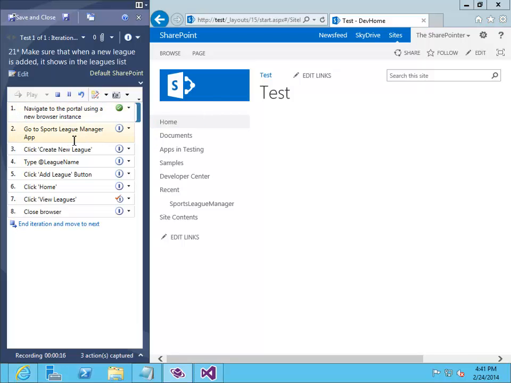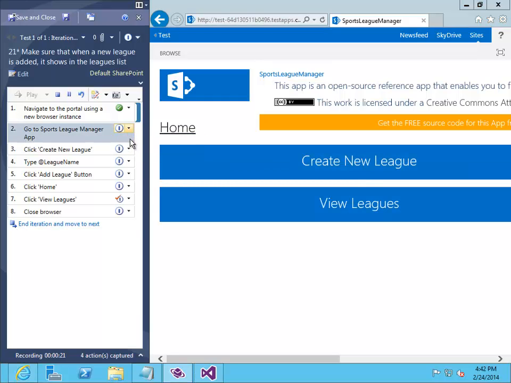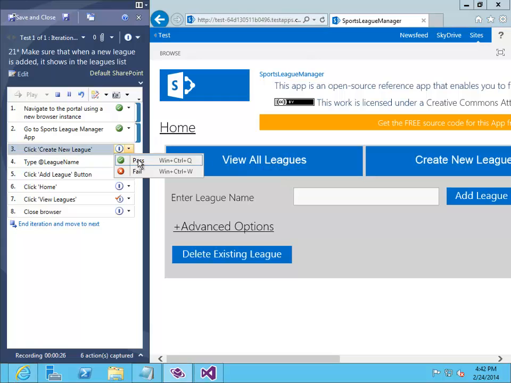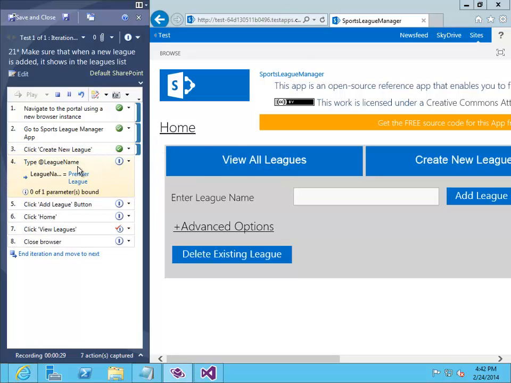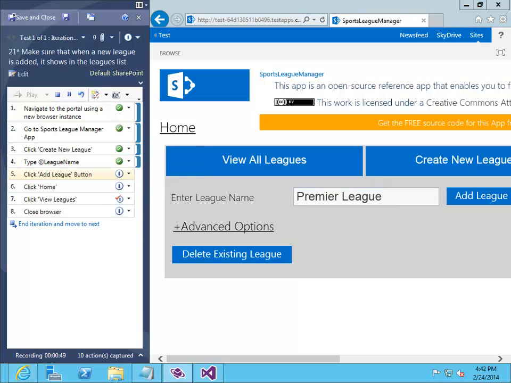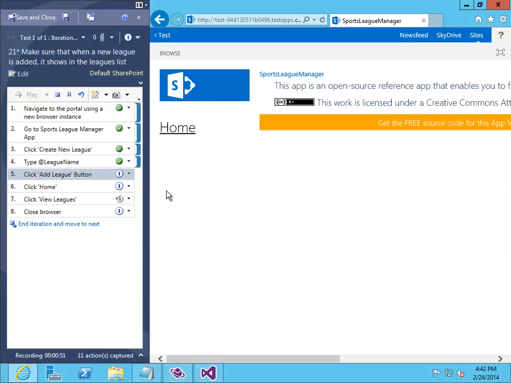This passed. Go to the Sports League Manager. This passes. Click Create New League. This passes. Type the league name. Just click Ctrl V, and as you might have noticed, we have this little yellow cylinder, which means that this parameter is now bound to this UI element or to this text box. Now, click Add League,